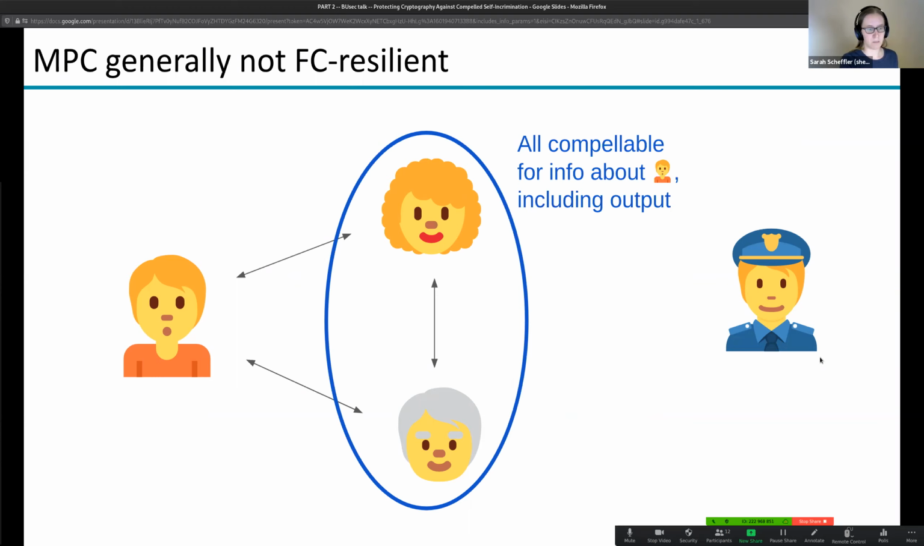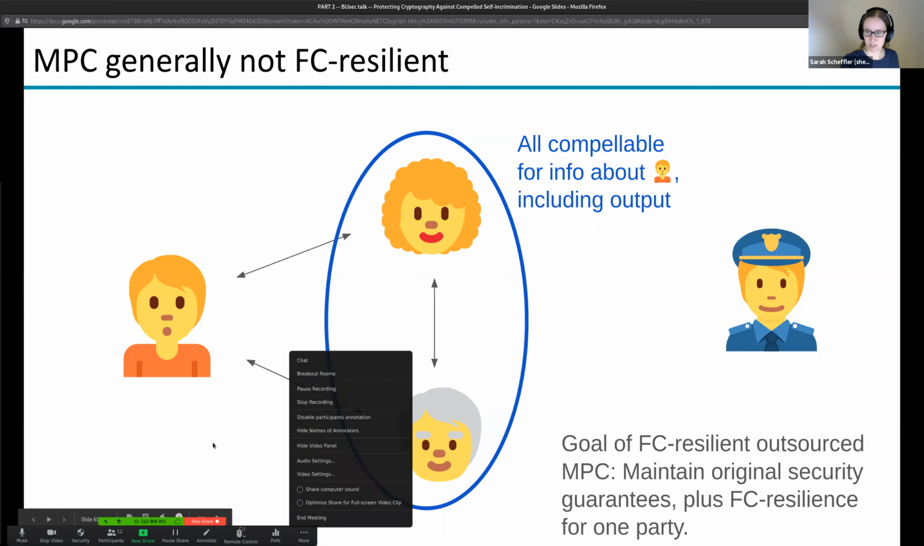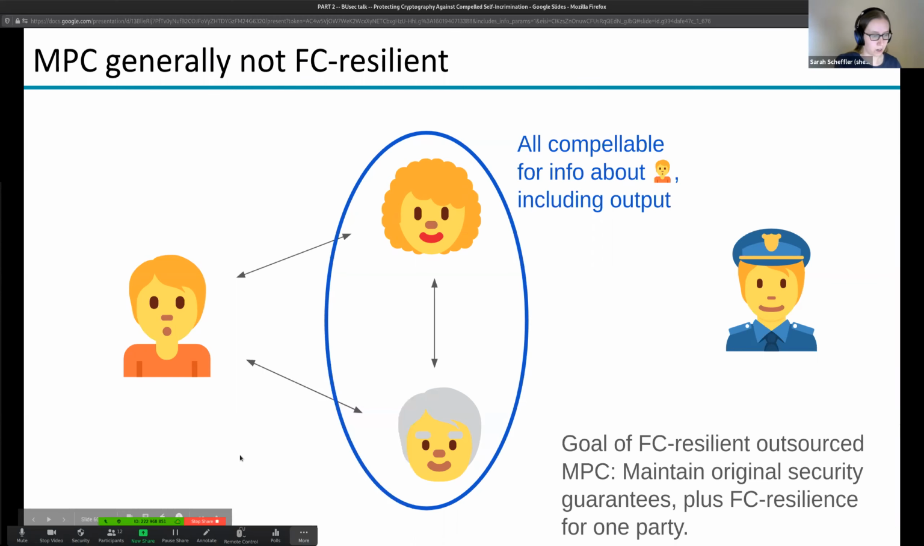And so by participating in this MPC, if you're not okay with the output being known to the government because it reveals something about your secret, you shouldn't have participated at all. So we have this goal for FC resilient outsourced MPC, whereby we want to maintain the original security guarantees of the MPC protocol, plus we want FC resilience for one party. And I don't think I have time to go into the details,